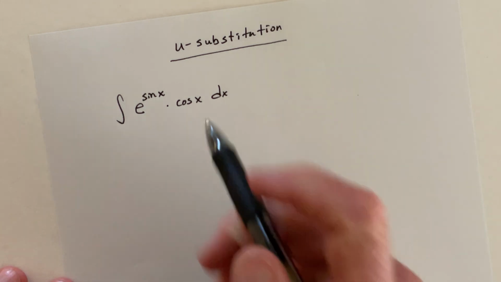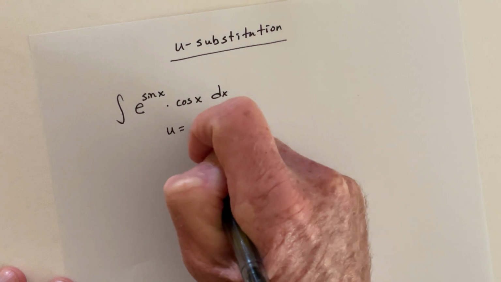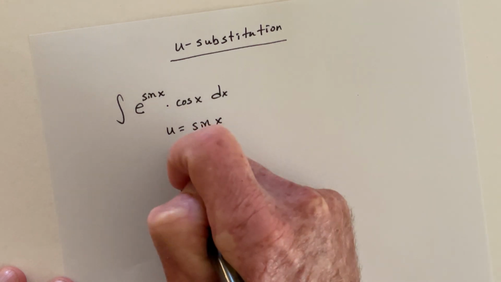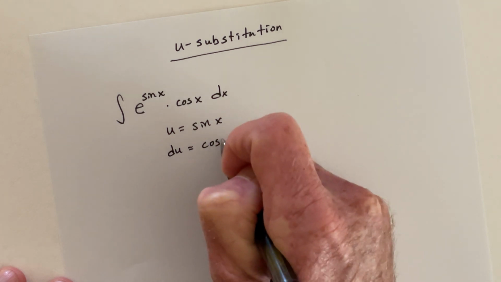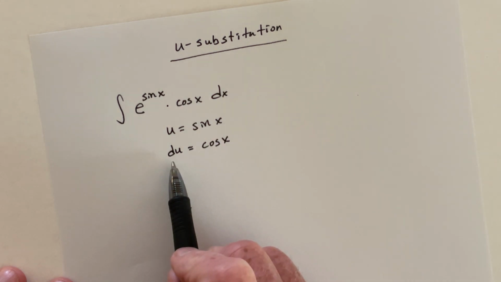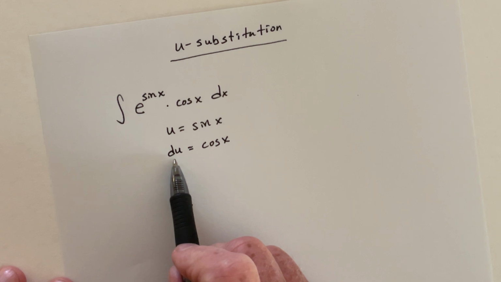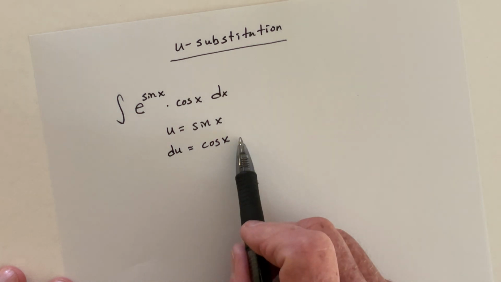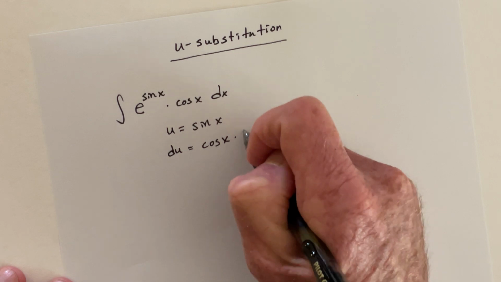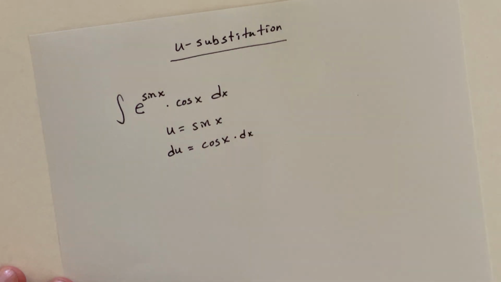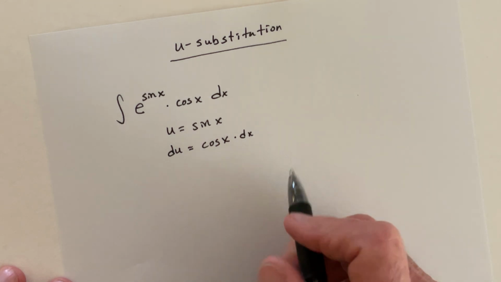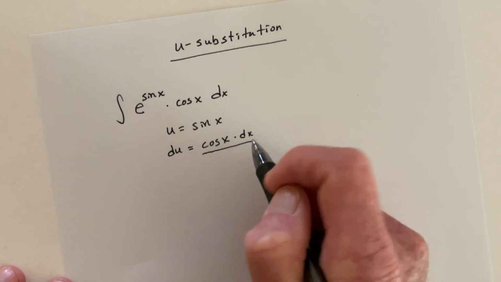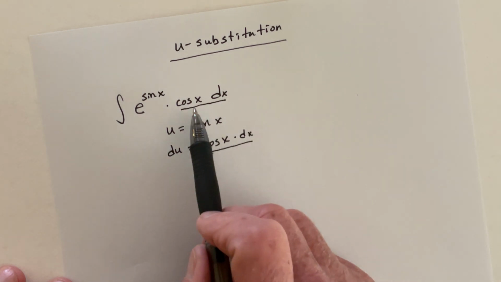So I'm going to let u equal sine x, and then because I have my derivatives memorized, I know the derivative of sine is cosine x, and technically this side would say du over dx. And then the next step you multiply by dx. Well, because that step is exactly the same every time, I just go ahead and skip it, and I just do that in this step. And then if you notice, cosine x dx is exactly what this says,